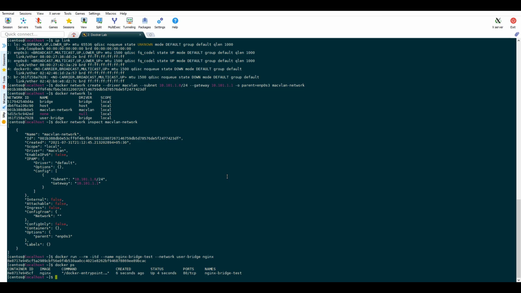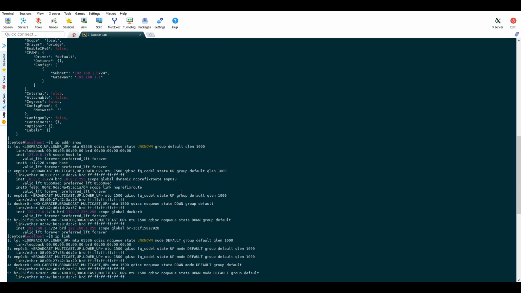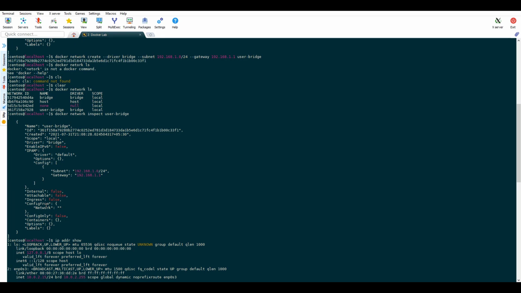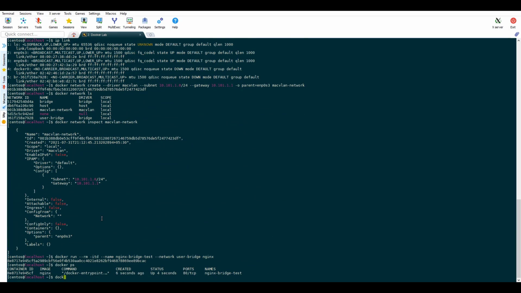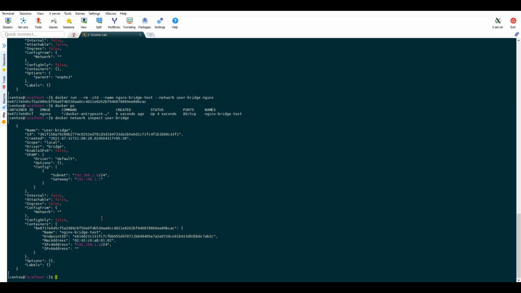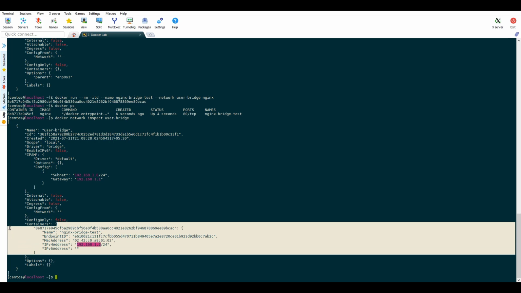Now let's compare this network before the container creation and after the container creation. Before the container creation there was no containers in the container section. Now if we perform Docker network inspect, we will see that the container information is populated in the section.